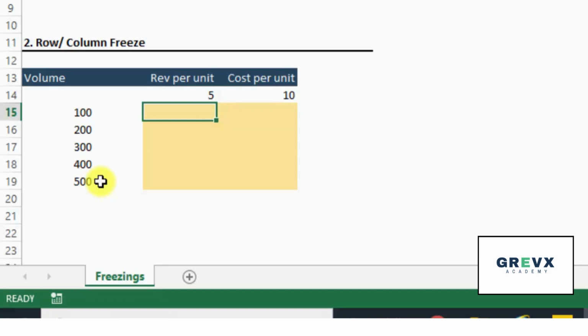By that I mean that here it should be taken as 5 and here it should take as 10 automatically, right? So let's try and build the formula. Equals, you will say, Ayush, click on volume. I say, okay, let's click on volume. So I select volume, you say multiply by and select 5. I say very good